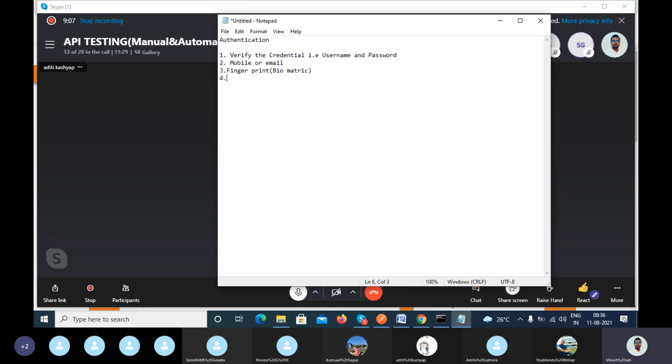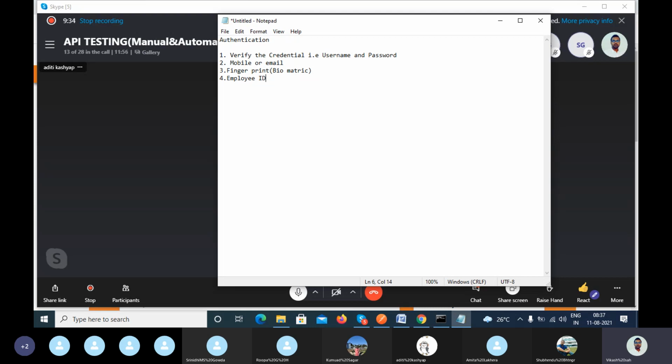Now, other way of authentication? ID card, barcode, the employee's ID card. There is some software when you come to your office, at the gate.